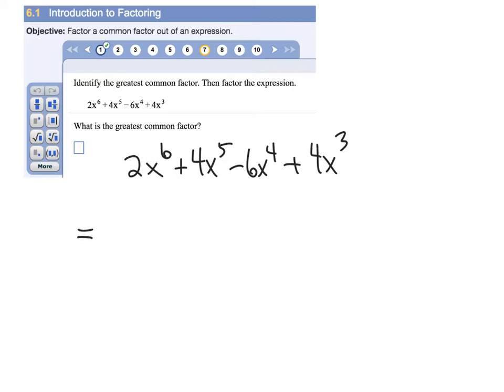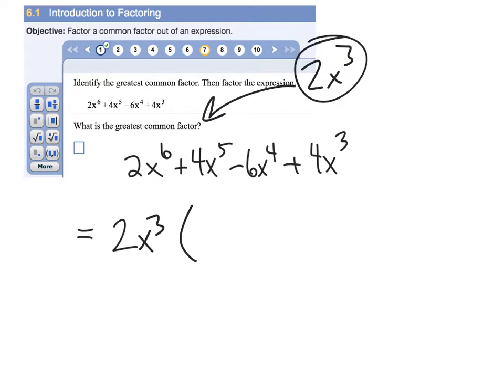So what is in common? Well, they're all even, so they can all be divided by 2. And so sure enough, the coefficient 2 is a common factor. And I see that all of these contain an x to the 3rd power. So our greatest common factor right here is 2x to the 3rd power. Now let's factor. So when I divide out from this term a 2, I get no coefficient, so the coefficient